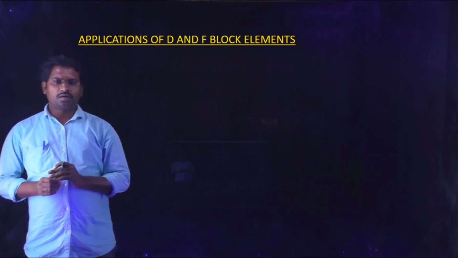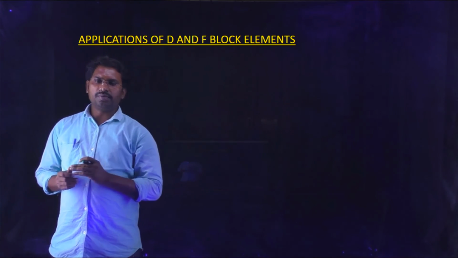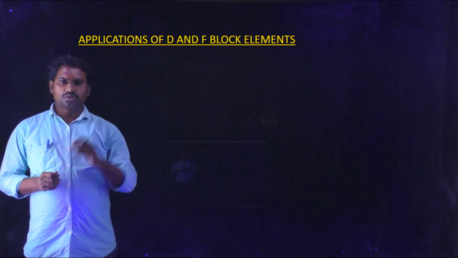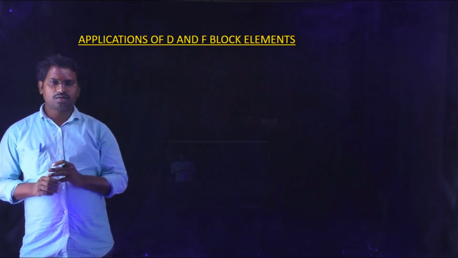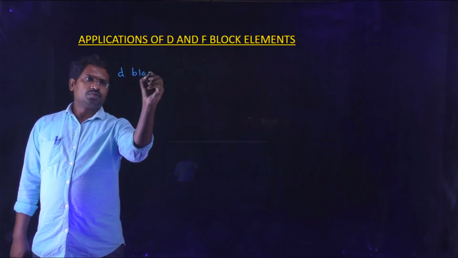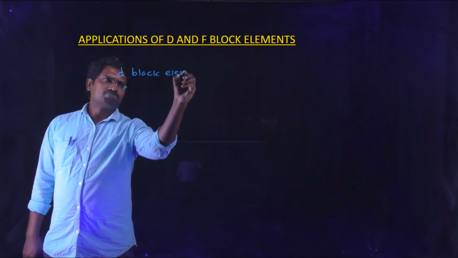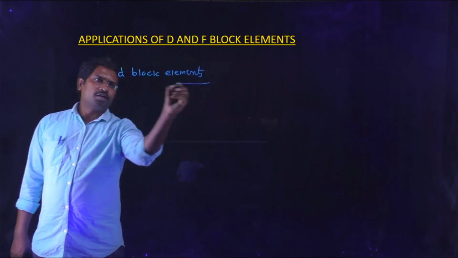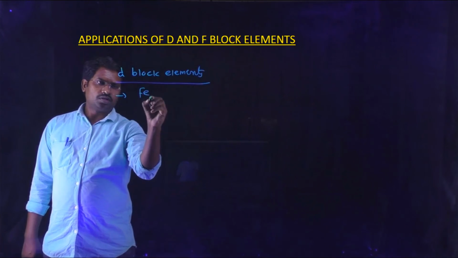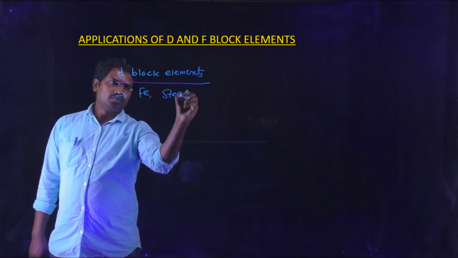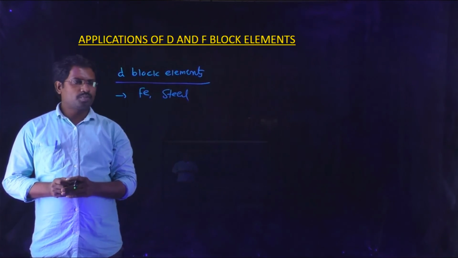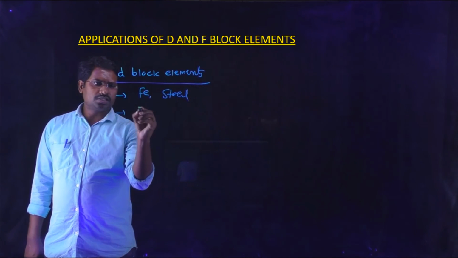Applications of d and f block elements. How the d block elements and f block elements can be used in various categories. That concept is known as the application of d and f block elements. Coming to the d block elements, the elements which belong to the d block include iron and steel, which can be used for different manufacturing industry purposes. And the next one is stainless steel,